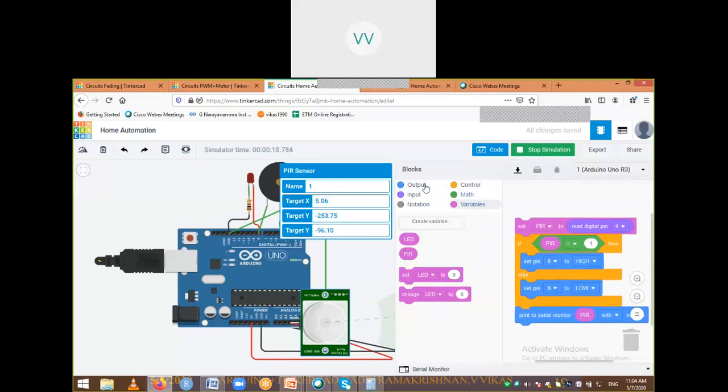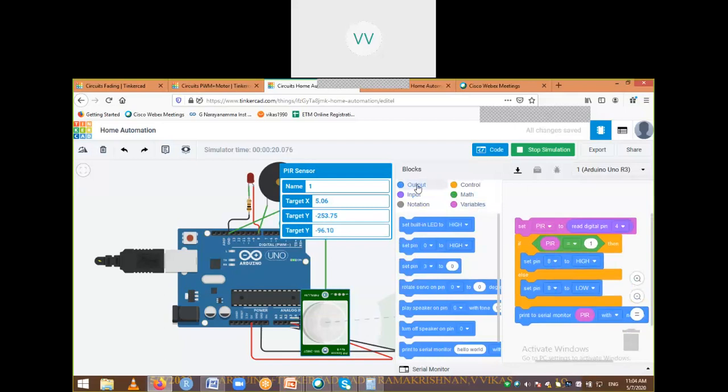For example, if I look at any input or output module, I don't have anything which says set PIR. Hardly, I have things like set pin 0, 1, 2, 3 and so on till 11, or maybe built-in LED to set that one. But how I am getting this particular block, set PIR, is because of this particular variable.